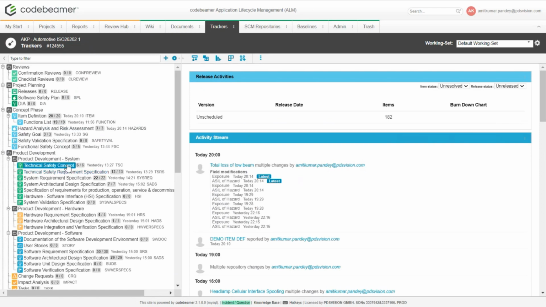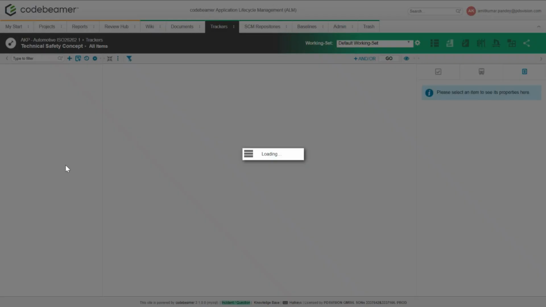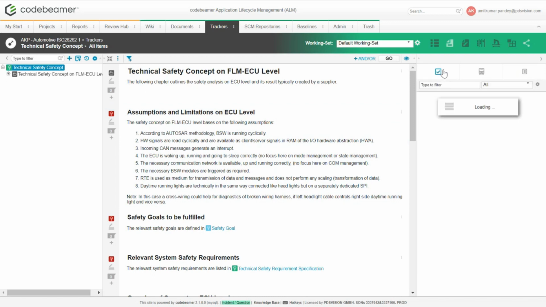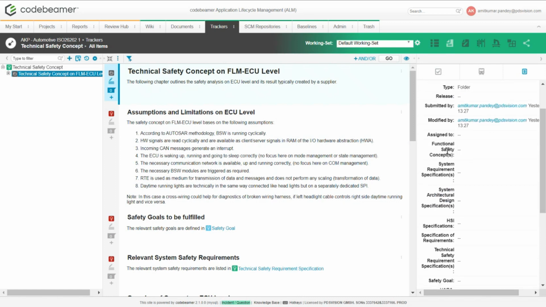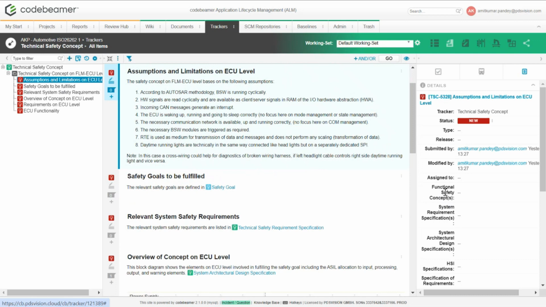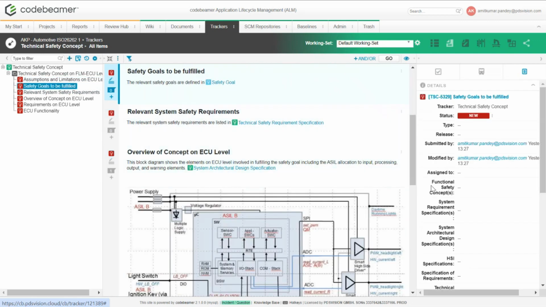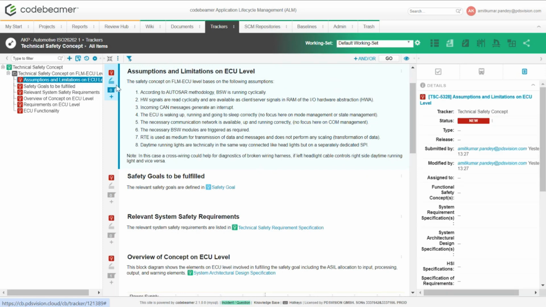So what I can do is go here in the functional safety concept, and I can connect a functional safety concept here just for the demo purpose. If I go to the assumptions and limitations, I don't have any functional safety concept. If I go to safety goals, I don't have any functional safety concept. But just for this demo, let us connect two of them. Therefore, I go to the assumptions and limitations on the issue level, and in this, I can connect a functional